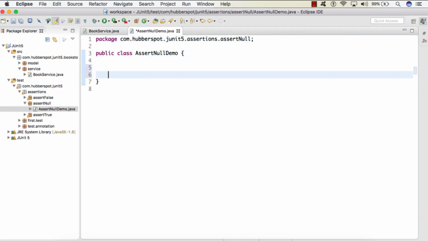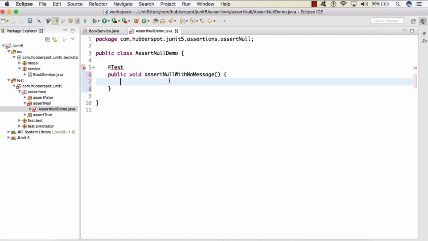So in this class, I will create a test method, assertNullWithNoMessage. Here I will be demonstrating the first overloaded method of assertNull, which takes in no message.